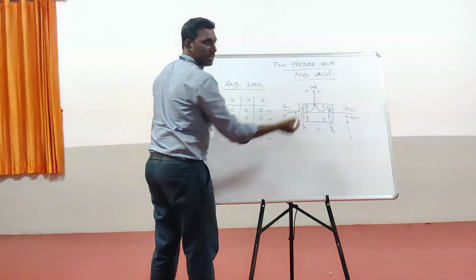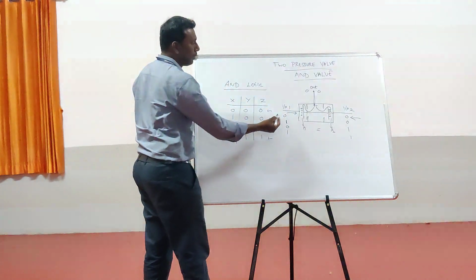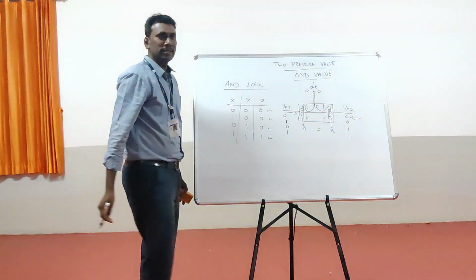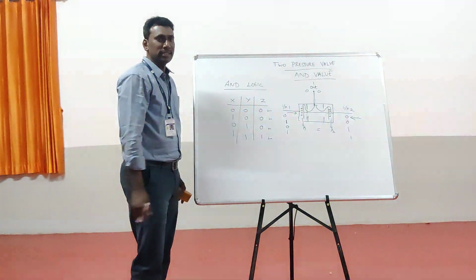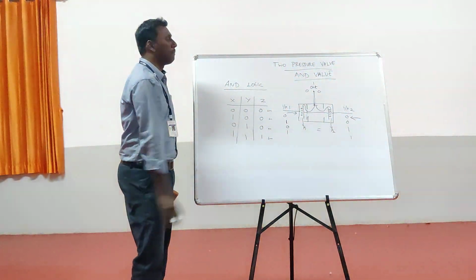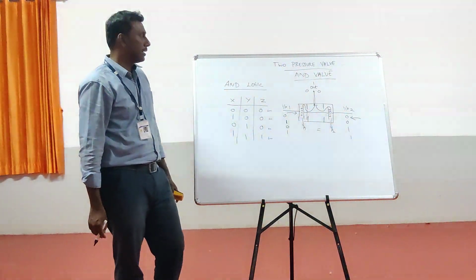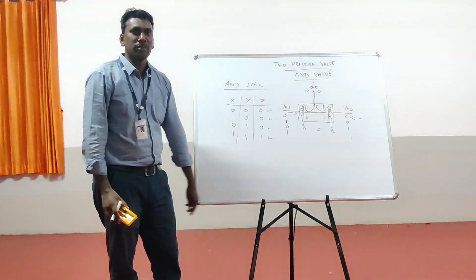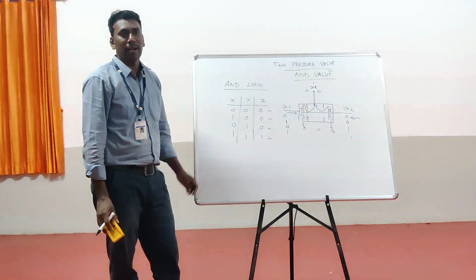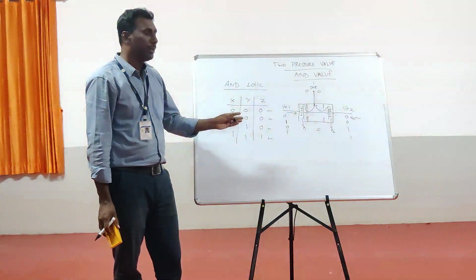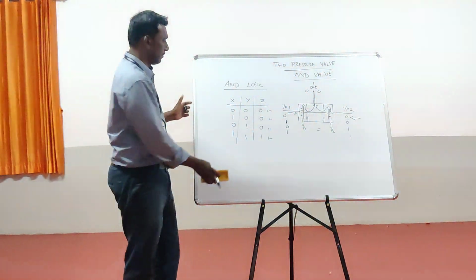So the fluid will pass to the outlet and it will produce the output to actuate the cylinder in the hydraulic system. So this is the basic mechanism carried out in the two pressure valve. By using the two pressure valve, I am going to explain how the safety system of a hydraulic system is designed in an industry.